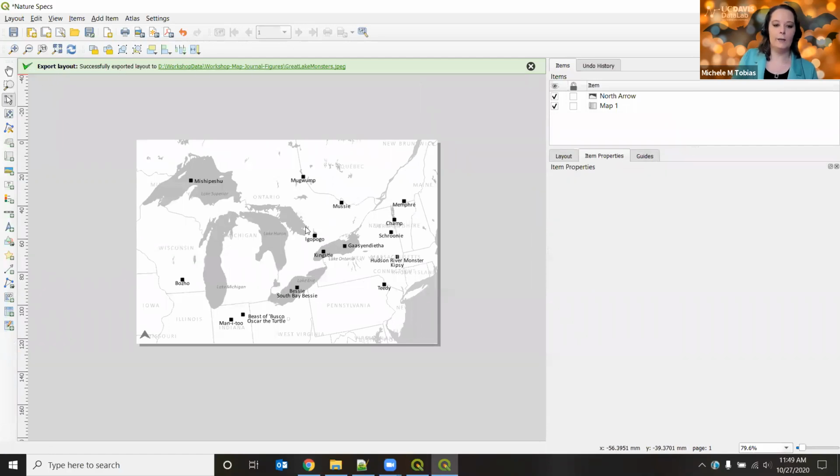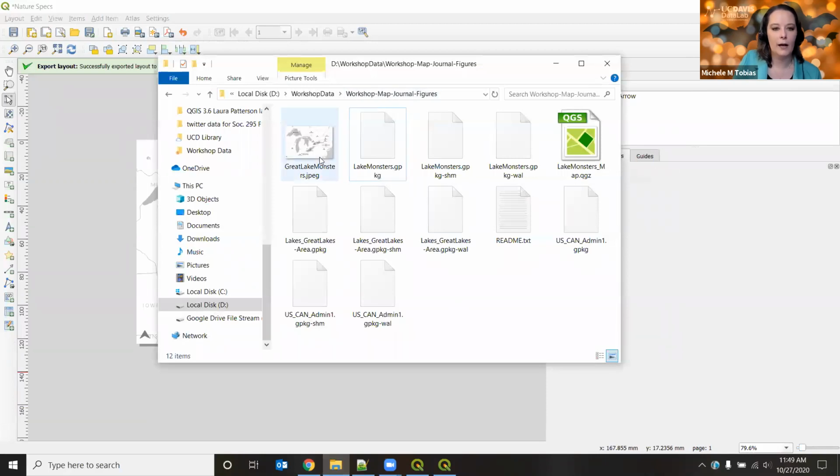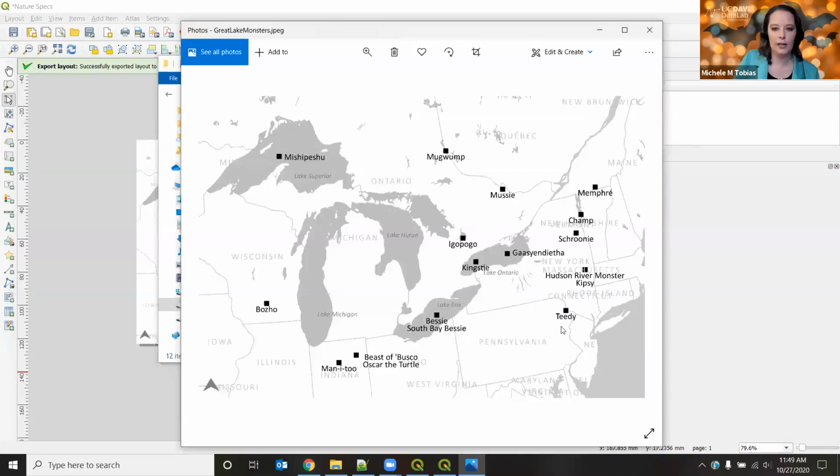And it tells me that it exported my layout. And then if I look in my folder, it's got my image that I made. And it put it on my other screen. So there is the image that we exported. Again, not loving this stuff where everything's on top of each other, but we would spend more time to fix